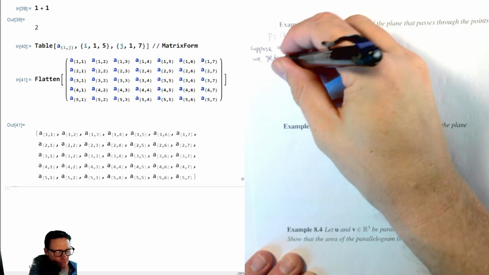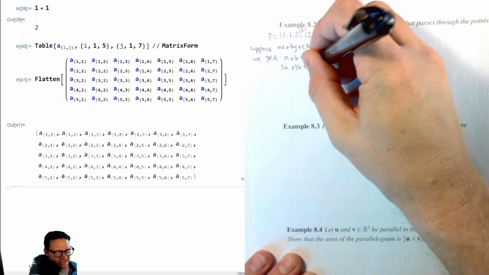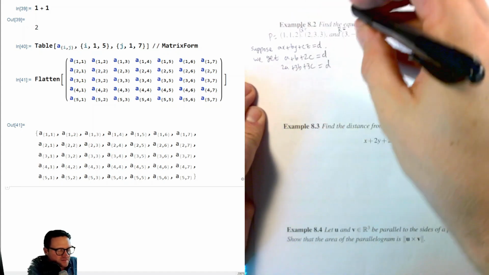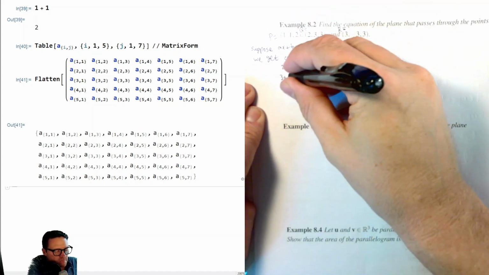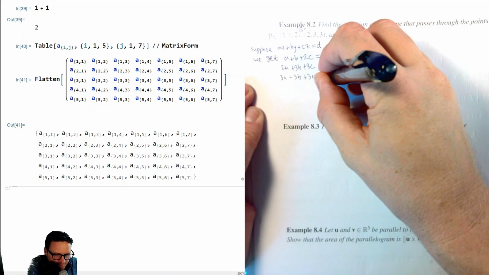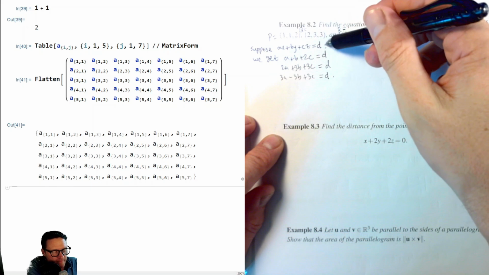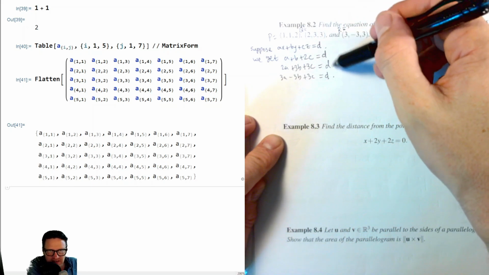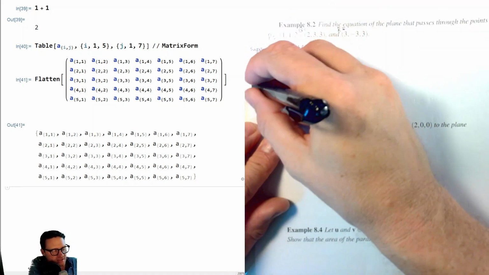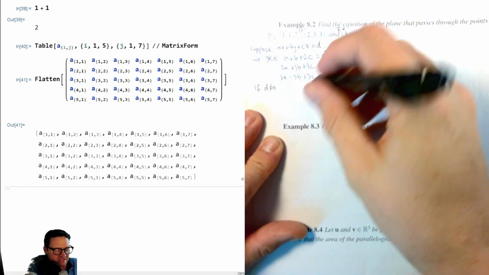For the second point, Q, we have 2a plus 3b plus 3c equal to d. And then for the third point, R, we have 3a minus 3b plus 3c equal to d. Okay, now we are going to assume that d is non-zero and see if we get a meaningful result by doing that. So we'll say if d is not equal to 0, then we can divide by d